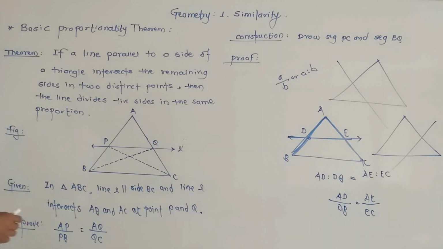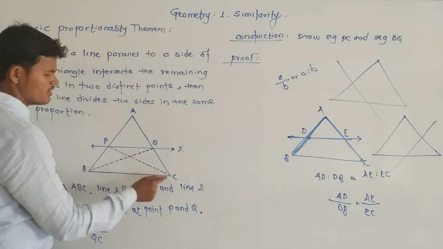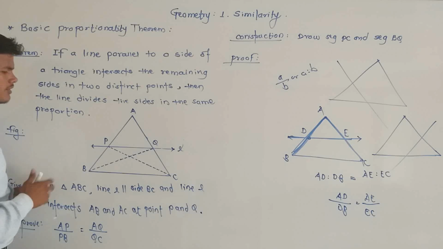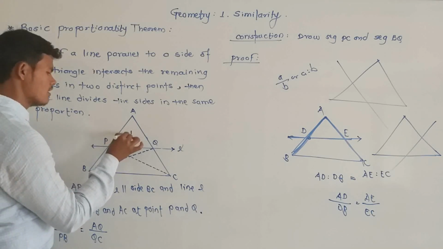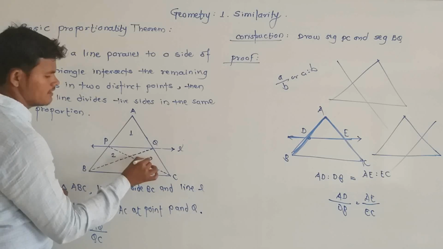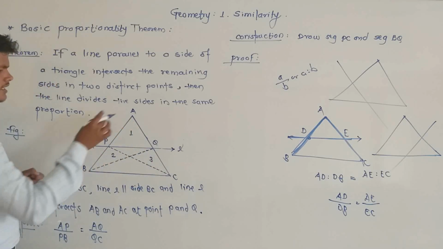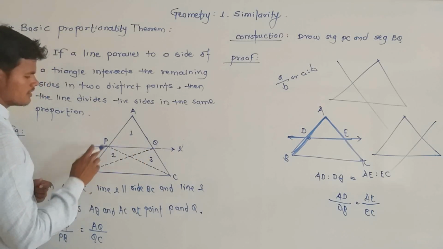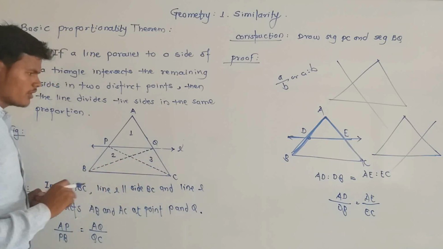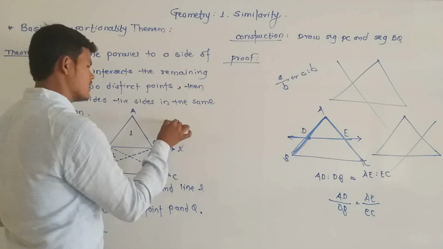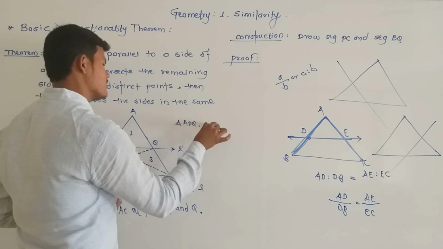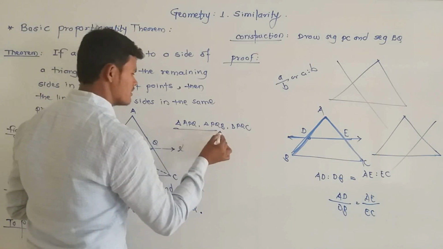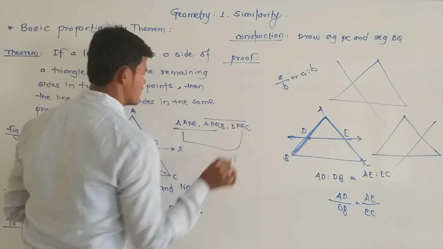फॉर दॅट आपल्याला कंस्ट्रक्शन करायचंय. Draw segment PC and segment BQ. हे कंस्ट्रक्शन. After constructing, we get three triangles. Numbering करून घ्या. First, second, and third. So the first triangle is triangle APQ. Second triangle is PQB, and third one is PQC. सो वन बाय वन आपल्याला एक एक पेअर कन्सिडर करायचे. For example triangle APQ, triangle PQB, and third triangle is PQC. So starting ही एक पेअर कन्सिडर करा, नंतर ही एक पेअर आणि लास्ट वन ही पेअर आपल्याला कन्सिडर करायची.